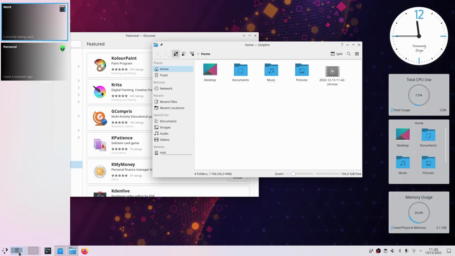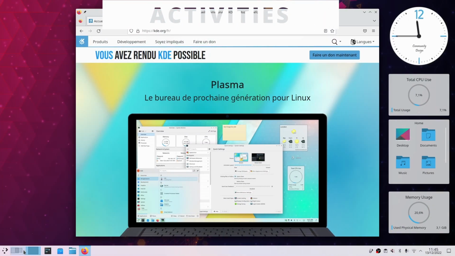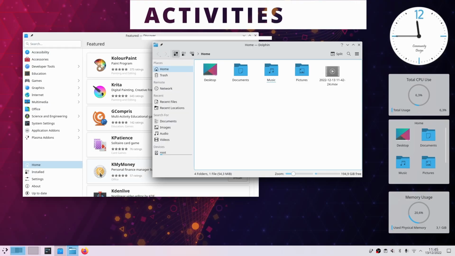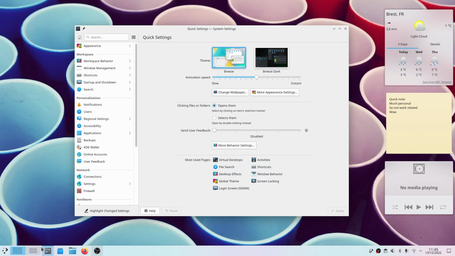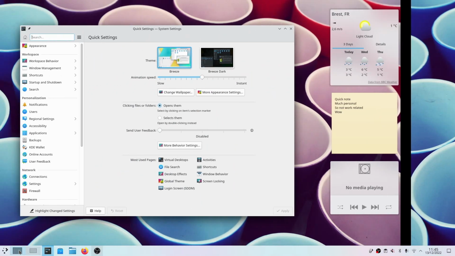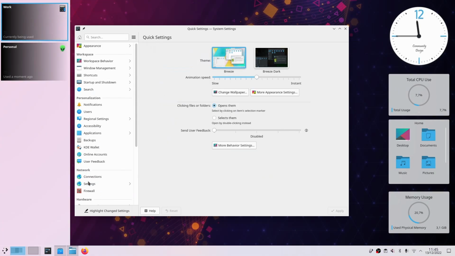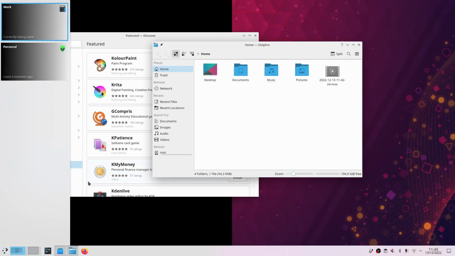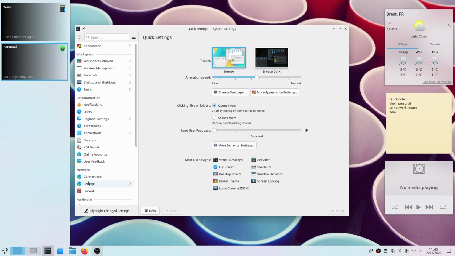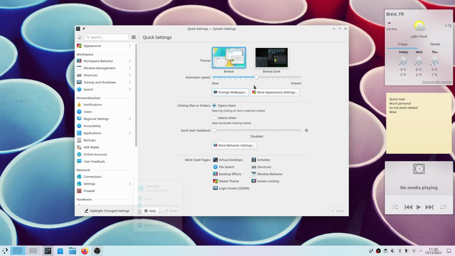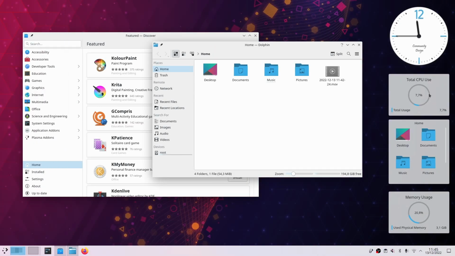I'm not crazy. So let's start with activities, something KDE never really talks about or promotes in any way. An activity is a group of virtual desktops. You can switch activities easily with a keyboard shortcut, and they have their own switcher tool. Each activity can have its own name, wallpaper, set of Plasma widgets, and virtual desktops, which means that you can